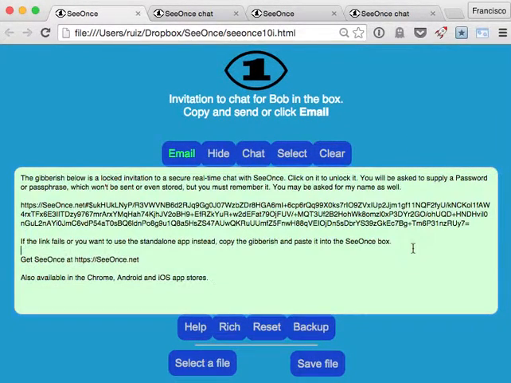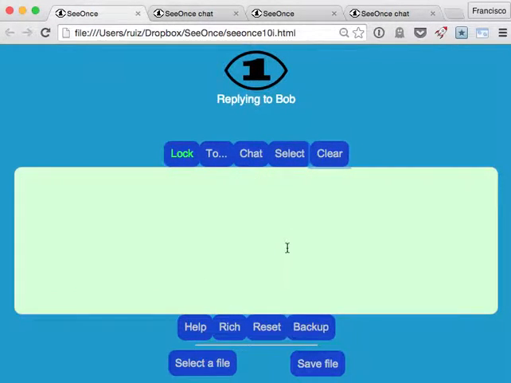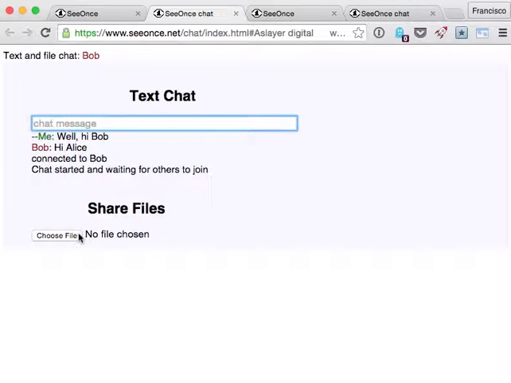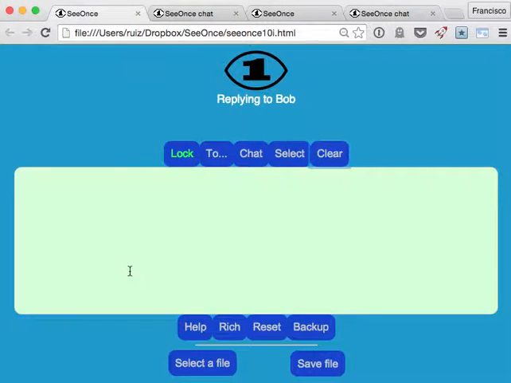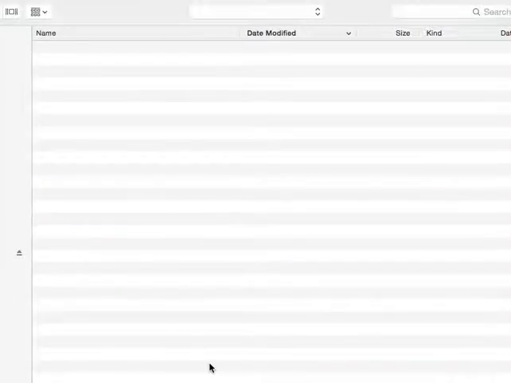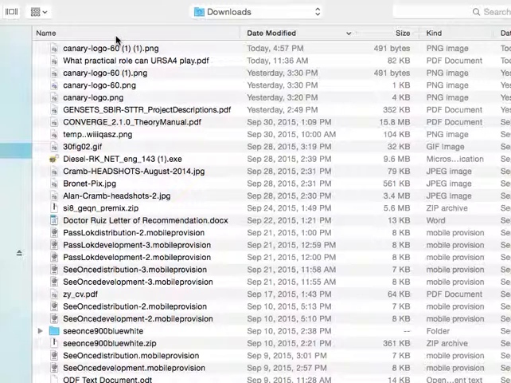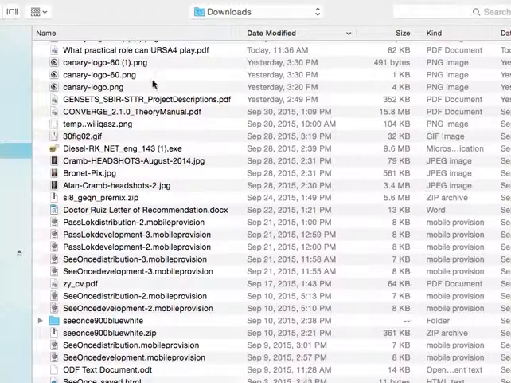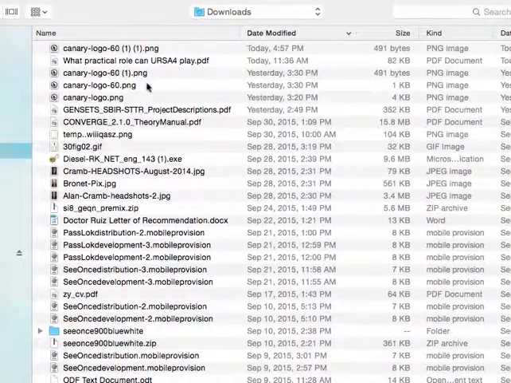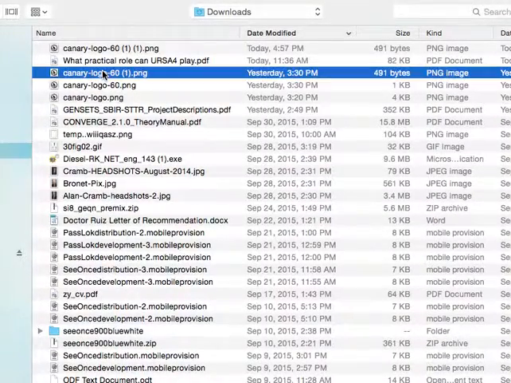The next thing I wanted to show you is how to send a file. So let's say that you want to send a file not by the chat, which you can always do, but just in here. Well, you click this button, or you can also move a file into that. And let's say that I want to get this one, Canary logo 6.1. Okay, so I'm going to open that,